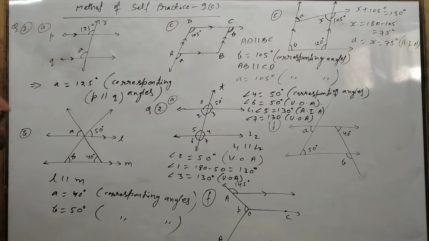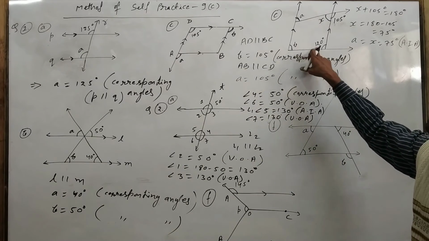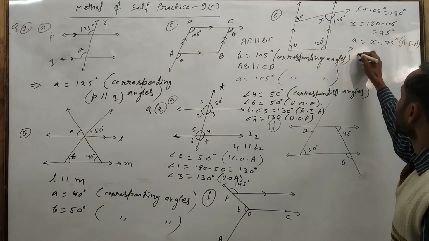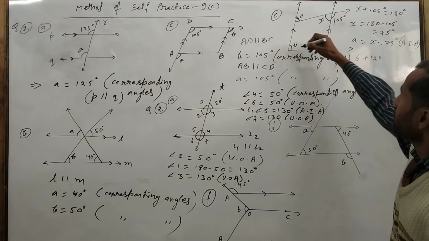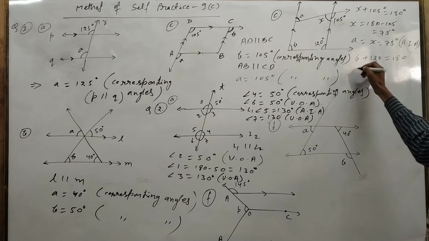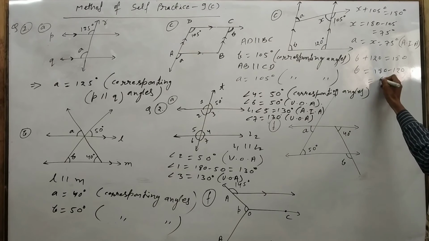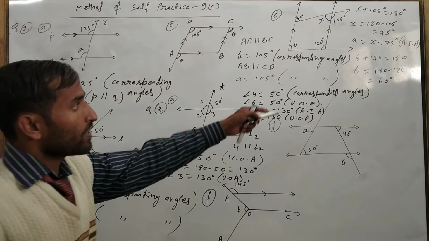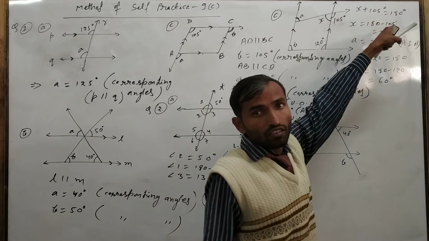Okay. So the A value is 75 degrees. This is the answer. Now in the B, how will we find B? Just use here: the sum of co-interior angles is always 180 degrees. So B plus 120 are both co-interior angles because these lines are parallel and both are inside. So the sum of co-interior angles is equal to 180 degrees. Now we will transpose this 120. It will come 180 minus 120 equal to 60 degrees. So the B value is equal to 60 degrees. Okay. So I have used here the property of the sum of co-interior angles. I have also used the linear pair angle property.